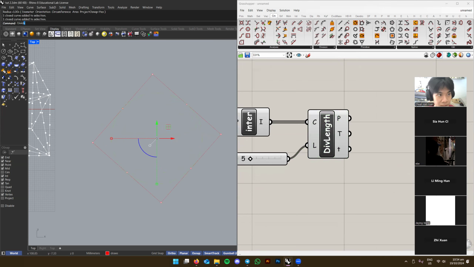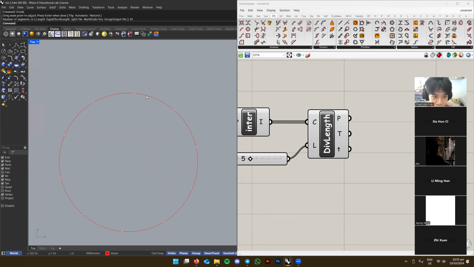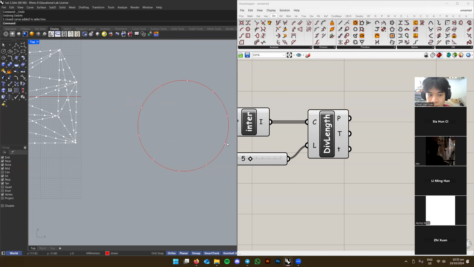and I type divide and I say, okay, I want it to divide from here and I want how many segments? Let's say I want 10 segments, right? You generate all these points for me. But this curve, if you select the curve, you see that it's still one solid curve. And actually what it does is that it just places points along the curve. It doesn't actually divide it in the way of splitting the curve into many segments, which is the same for